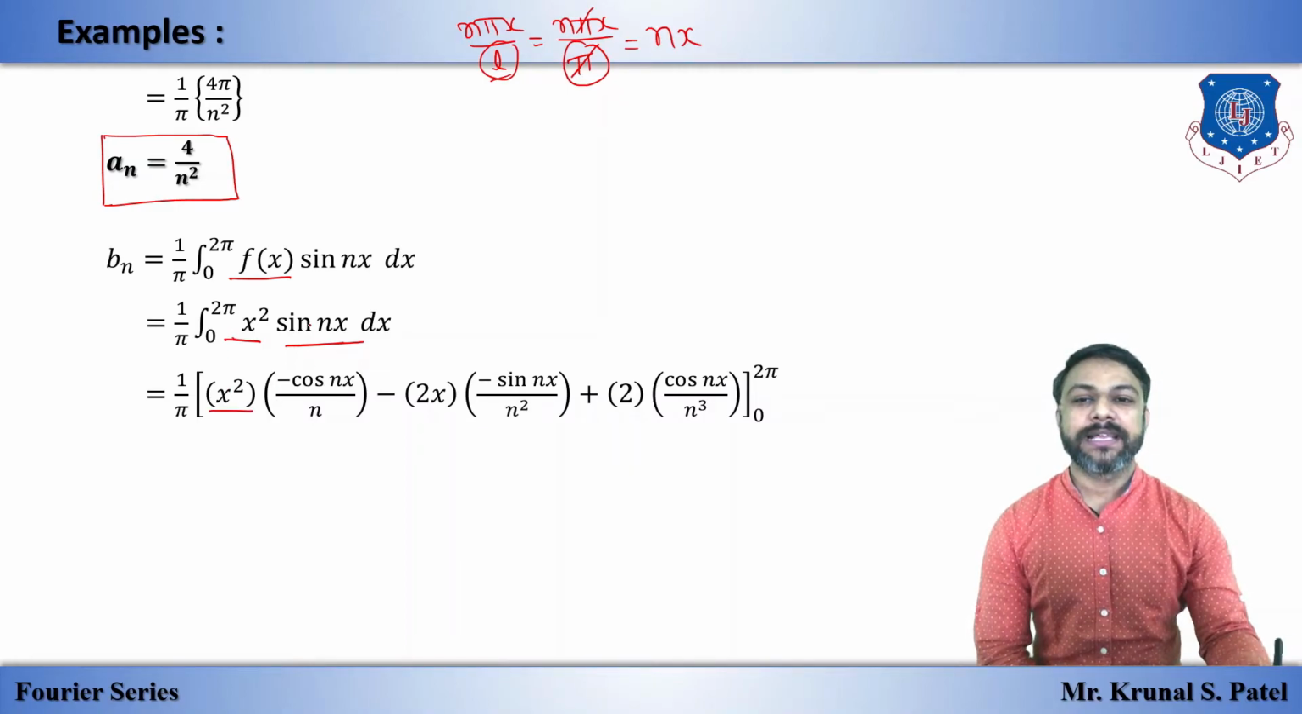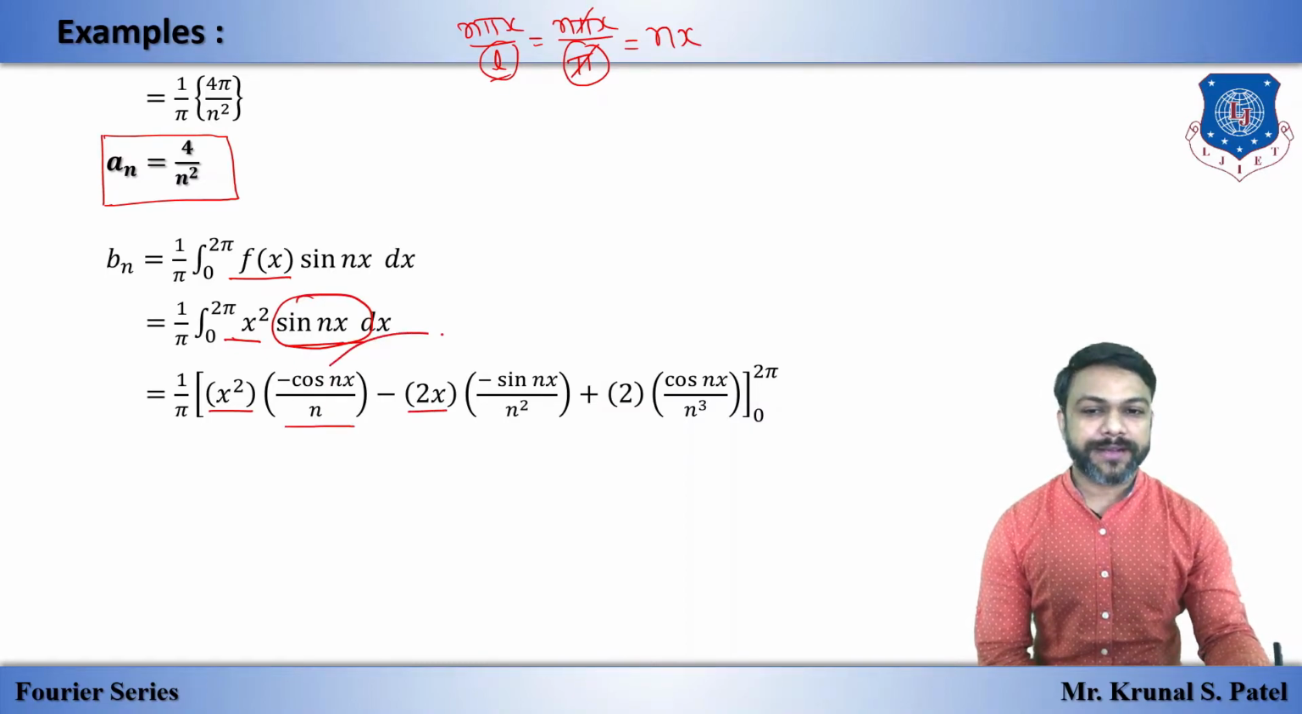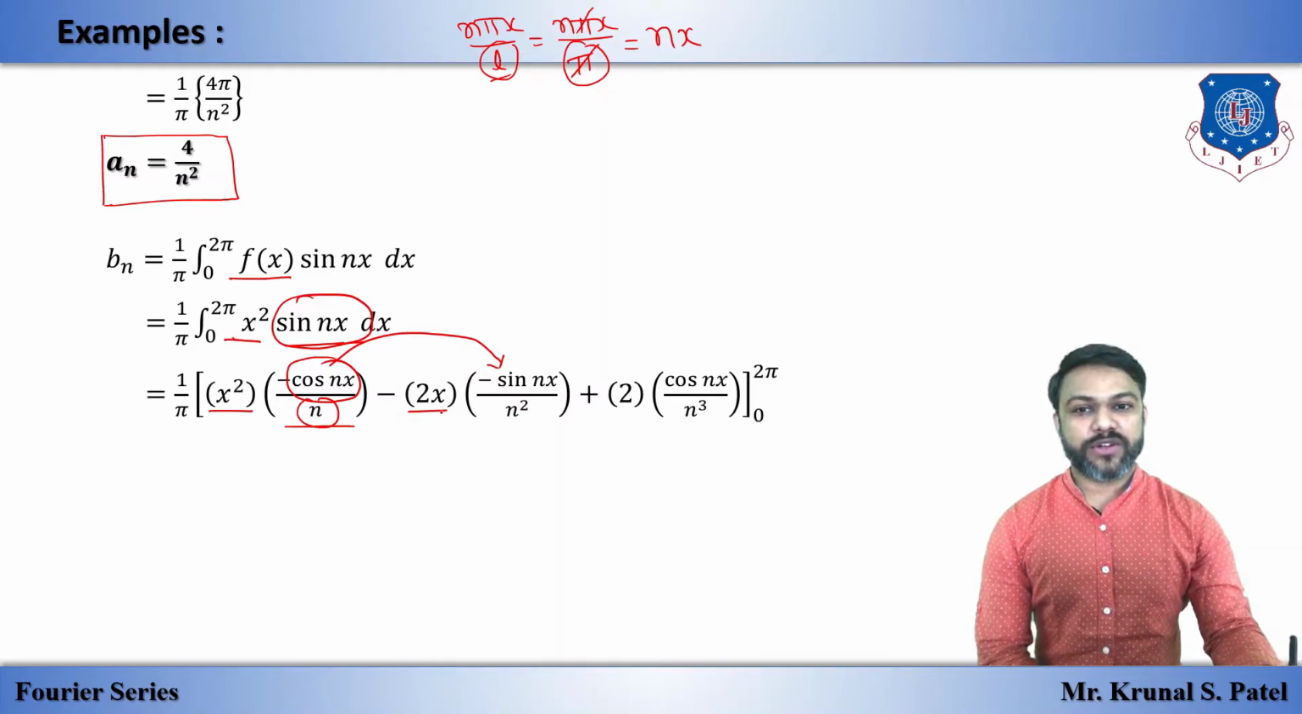x square as it is, integration of sine nx is minus cos nx divided by n, minus differentiation of x square, which is 2x, and again integration of this term. So minus carries forward, n is also carried forward, and we only have to think about the integration of cos nx. The integration of cos nx is sine nx by n, and with this n, we get n square. Again differentiation of 2x is 2, and again integration of this, so minus carries forward,